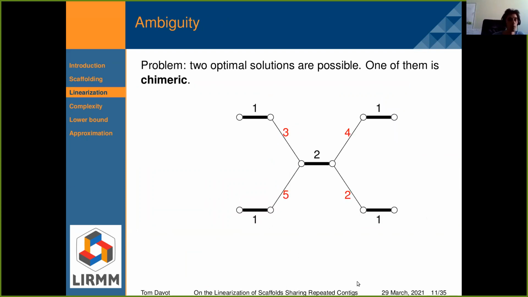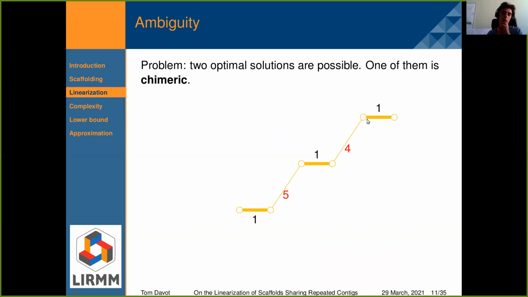So the problem with the scaffolding is that sometimes two optimal solutions are possible. For example, in the previous example, we have the two matching edges on the top that were on the same path. But it's also possible to cross the alternating path like this. So I can take my blue alternating path like this, and my yellow alternating path like this.